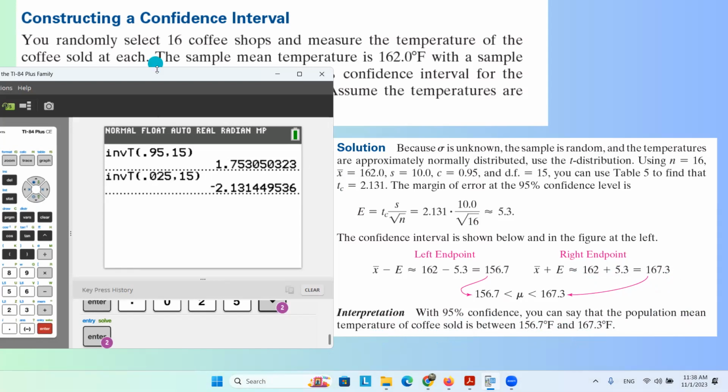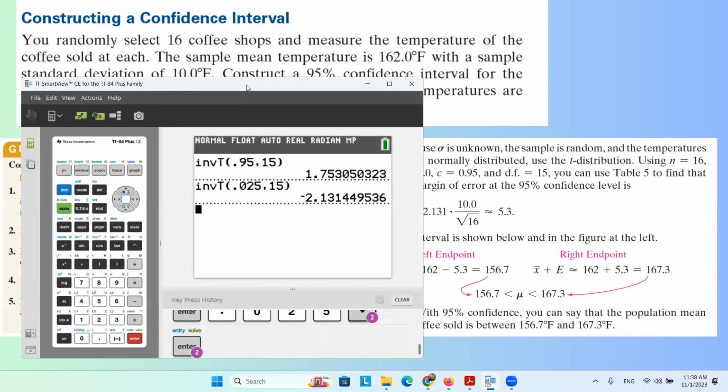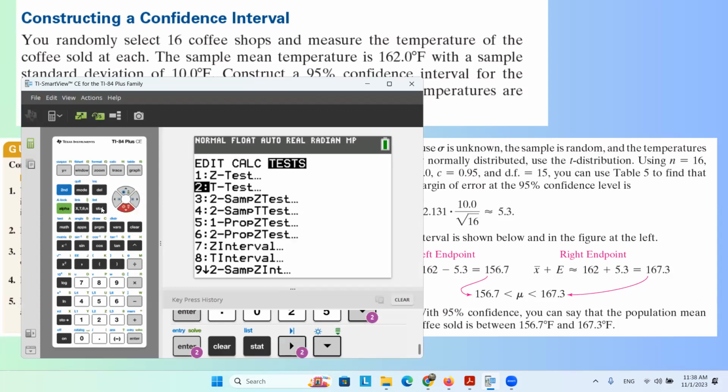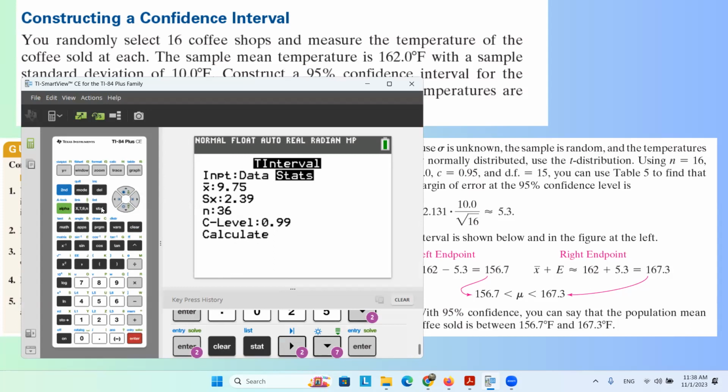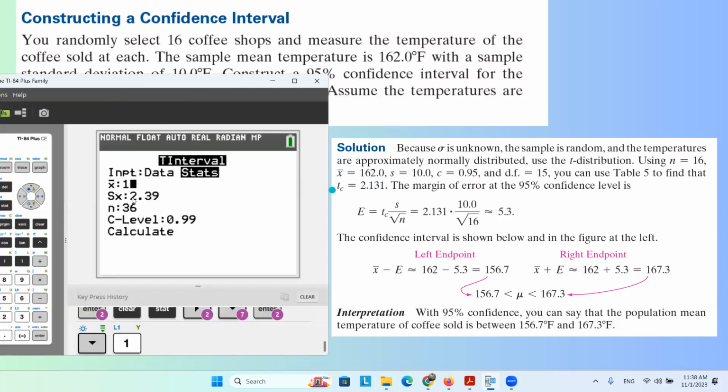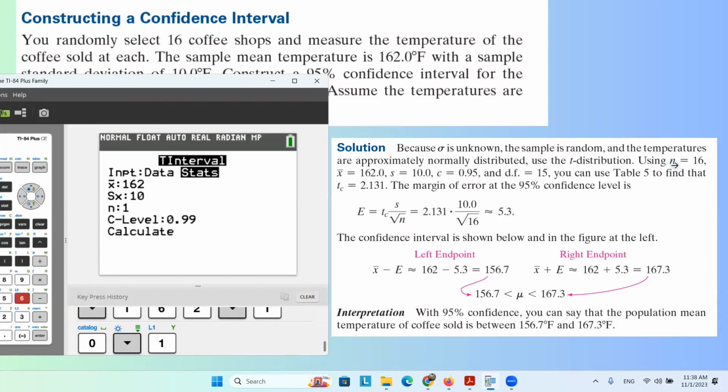You can also use your calculator. To use your calculator, you can go to Stat, then go to Tests, and find T Interval. In T Interval, you're going to use statistics because you have the statistics of the data. First of all, you need to enter the average temperature, which is 162 degrees. Then you're going to enter the standard deviation of the sample, which is 10 degrees. Then you're going to enter n, or the sample size, which is 16. In the next step, you're going to enter c, or the level of confidence,